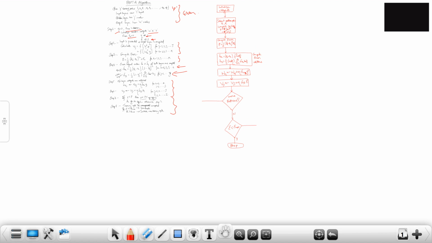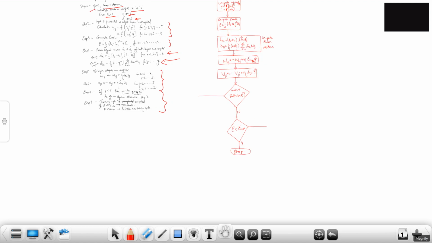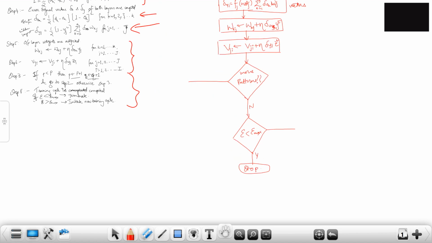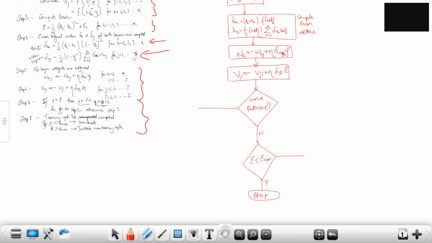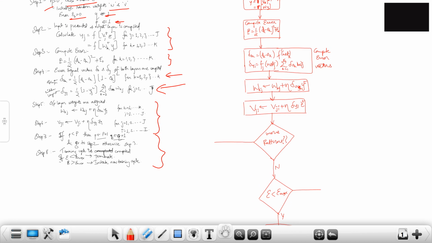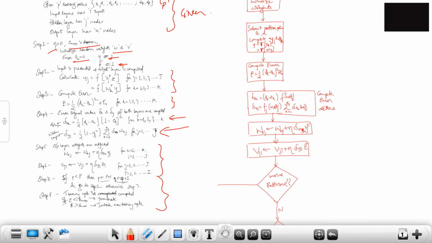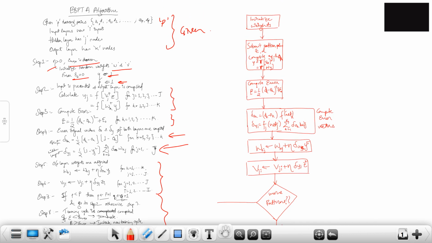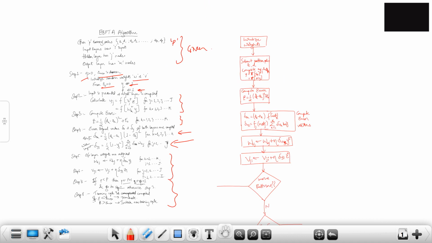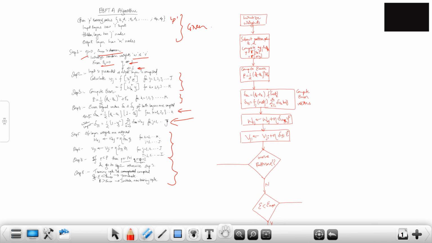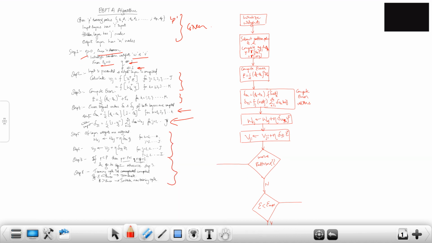Now I'm just going to zoom this out and show you how this looks. This is what your algorithm looks like. If there are more patterns still remaining, then you have to repeat.